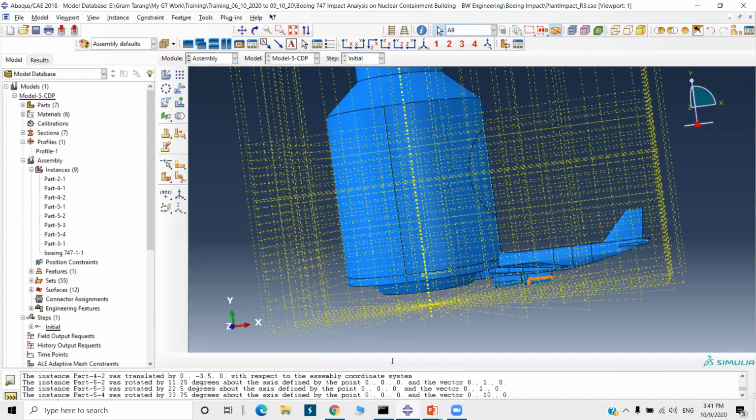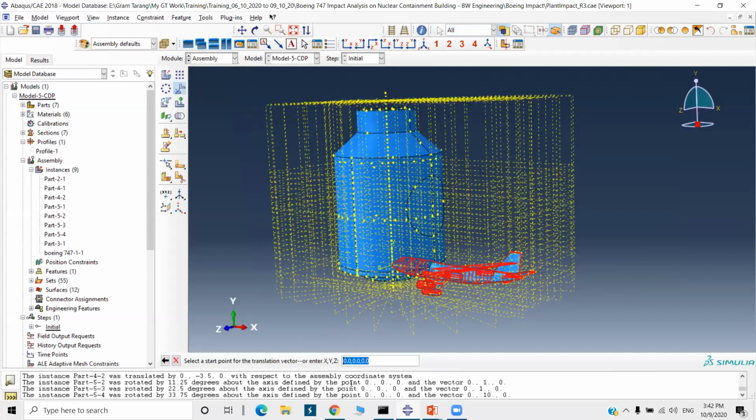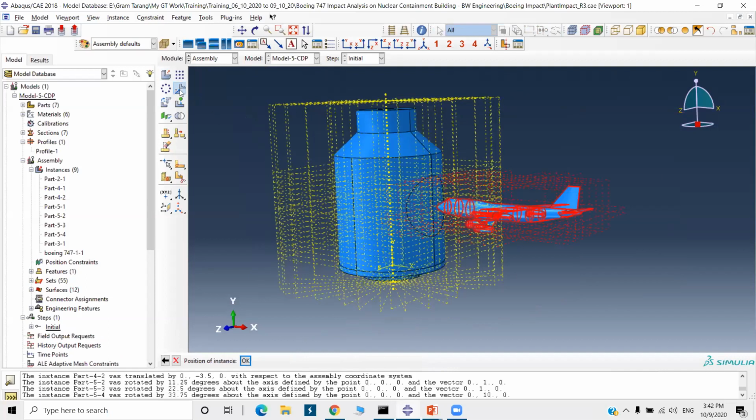So first is 0, 0, 0, and the second one, enter. Okay. Try to make it as close as possible to this container. Okay, so I will again select it to translate in the x direction.